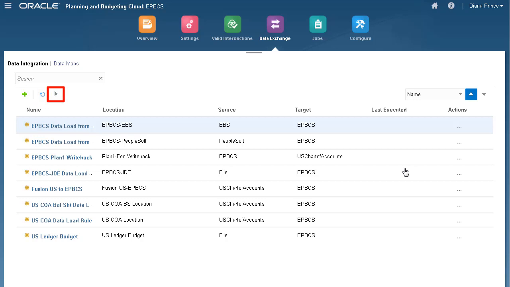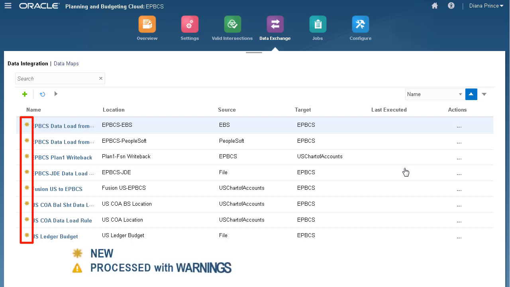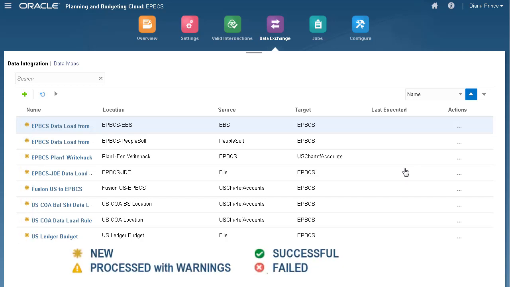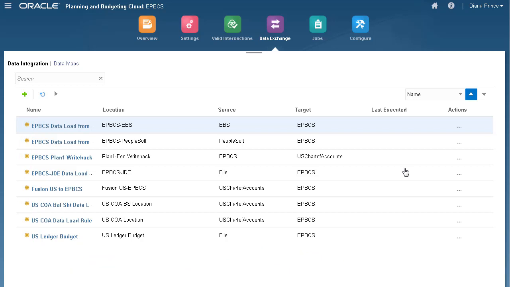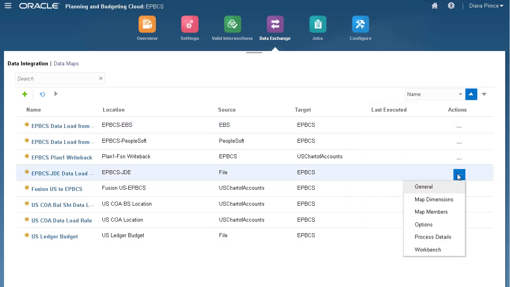run integrations, and search the list of integrations based on selected text in any of the fields. Each integration is identified by an icon to determine if it is new, processed with warnings, successful, or failed. Other details include the name of the associated location, source, target, and date timestamp of when it was last executed. An Actions menu for each integration allows you to go to the workflow tasks, review process details, and navigate to